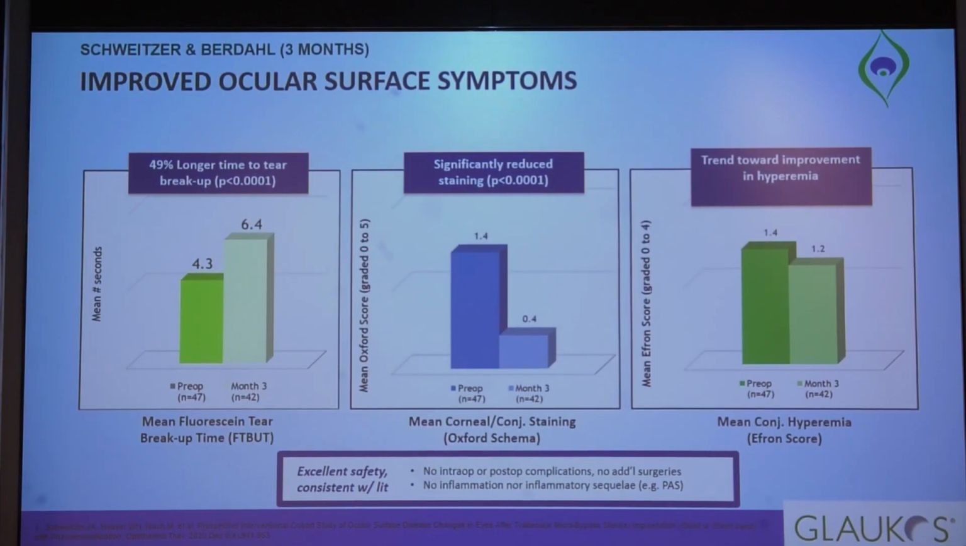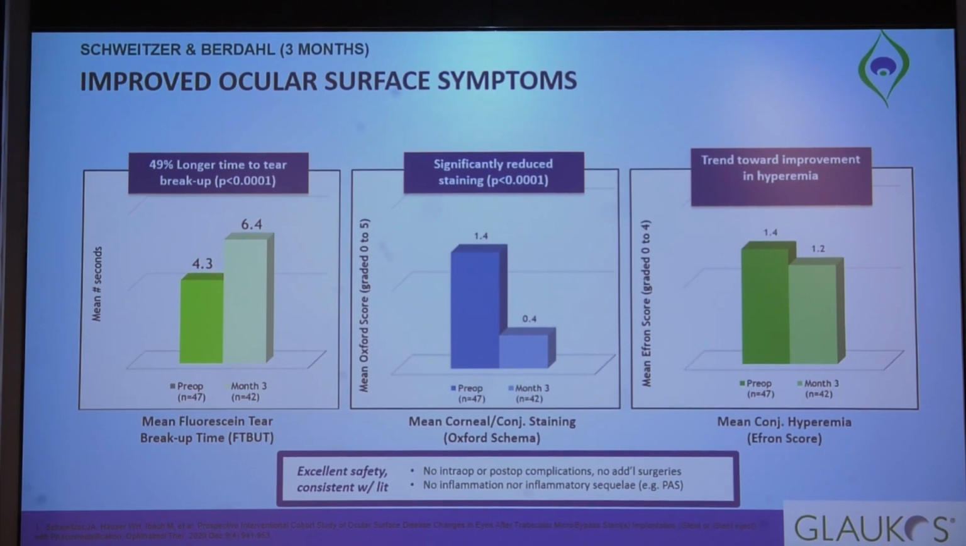And there was a significant improvement in the ocular surface disorder. You can see that the mean fluorescein, that is TBUT, almost 49% longer time for a tear breakup time. So good improvement in tear breakup time, significantly reduced staining, and there was also reduced hyperemia. So reducing ocular surface disorder is a very important thing, because that is one of the major reasons why patients'